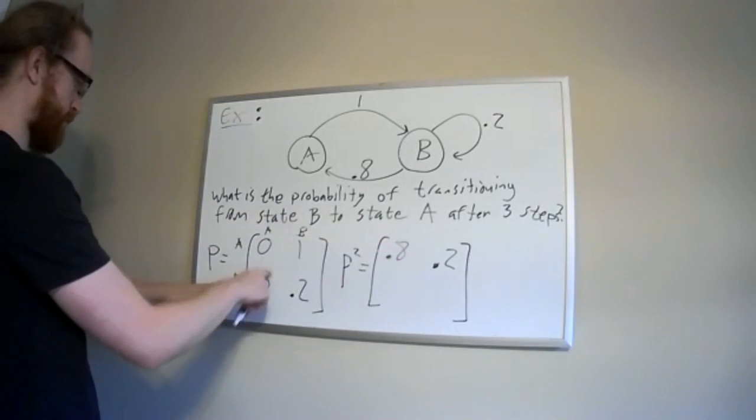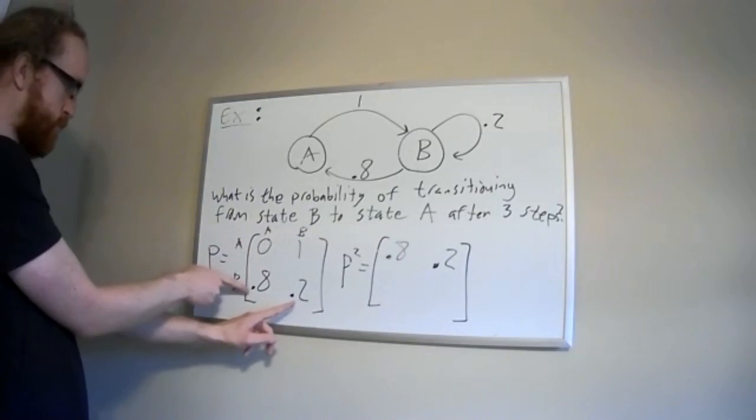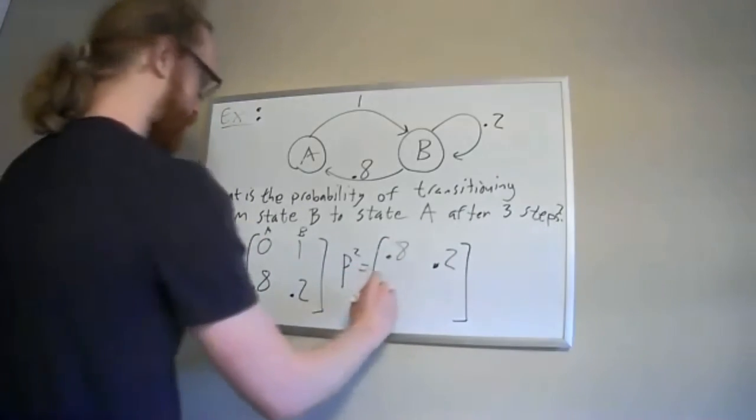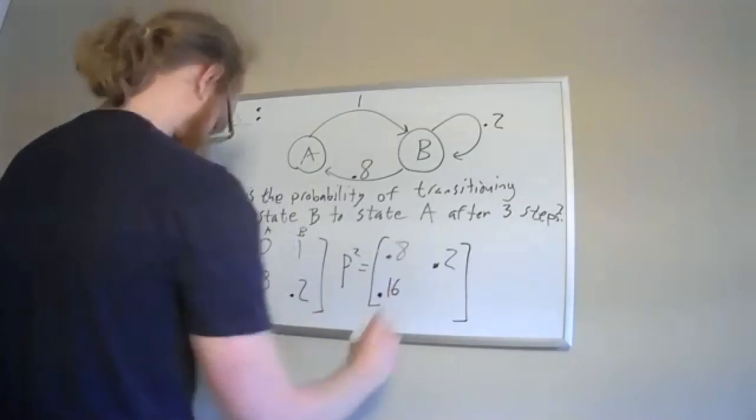Now I take the second row times first column, that's 0.8 times 0 plus 0.2 times 0.8. I think that's 0.16. And then